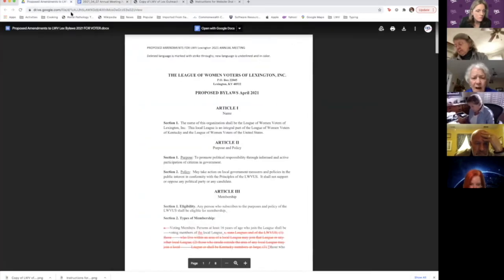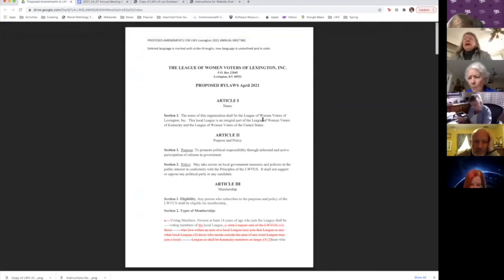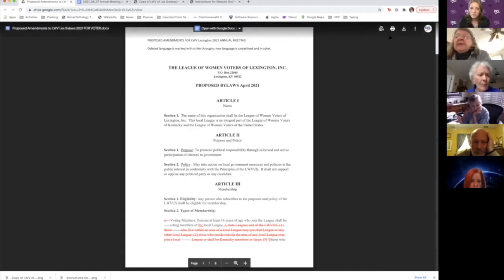Let's go on to the bylaws. And Cindy's going to tell us about these. We had a good committee. We met several times. And again, like Barb, we did this about 2 months ago, so my brain is a little fuzzy on the key things that we did. I think the biggest thing we did is we simplified the types of membership.